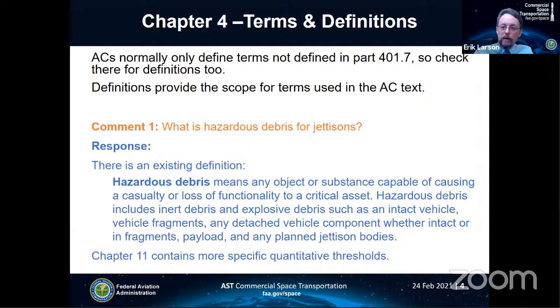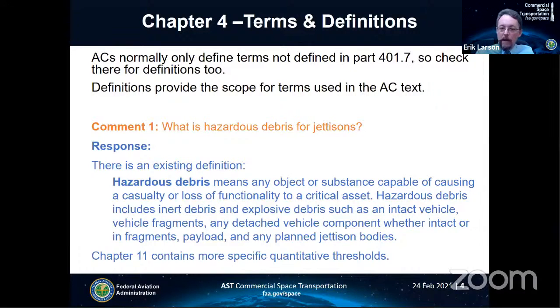So one comment regarding definitions, and this was submitted through the comment process, was what are hazardous debris for jettison cases? And for jettisons, the hazardous debris is the same as for any other type of hazard. And this definition is in section 401.7, and it's any object or substance capable of causing a casualty or loss of functionality to a critical asset. So this includes any type of hazardous debris, whether it's inert or explosive, whether it's an intact vehicle, fragments of a vehicle, any component, whether it's intact or in fragments, the payload, or any planned jettison bodies, anything that can